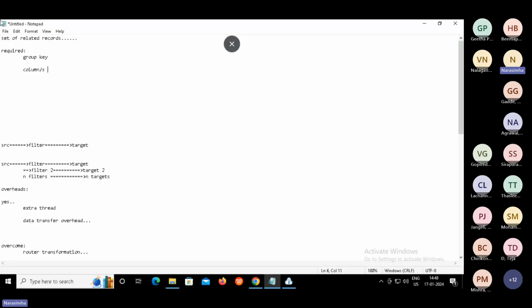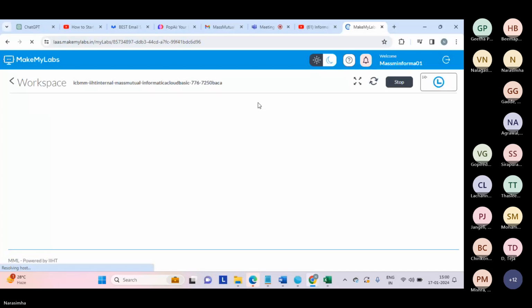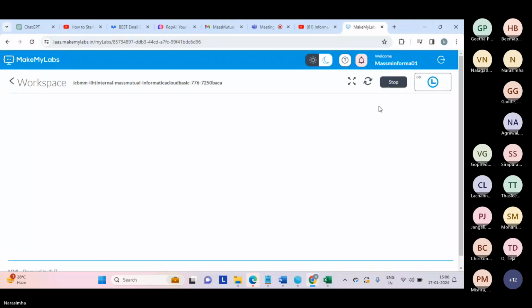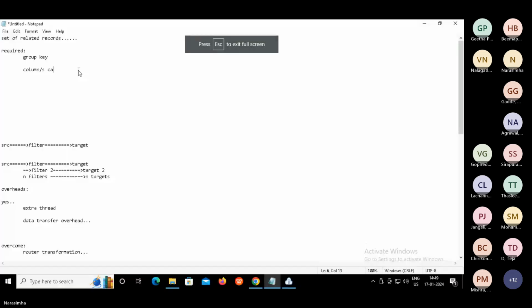So group key, and second is what? Column or columns that we use for calculation. It got stuck again. This VM has some problem. Okay, so we use it for calculation.